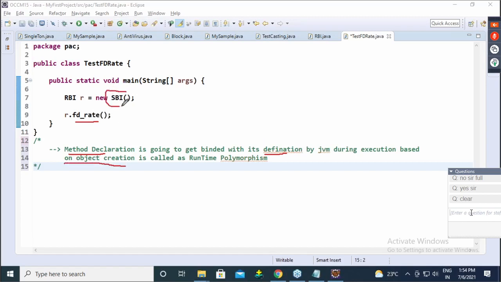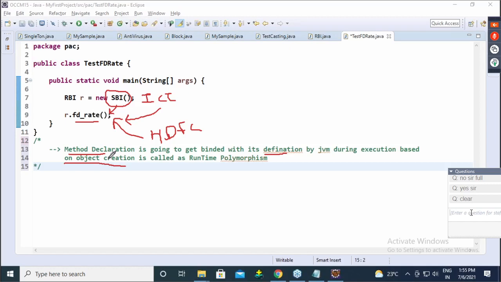Means if you create an object of SBI, you get the SBI implementation. If you create an object of ICICI, you get the ICICI implementation. If you create an object of SDFC, you get the SDFC implementation.